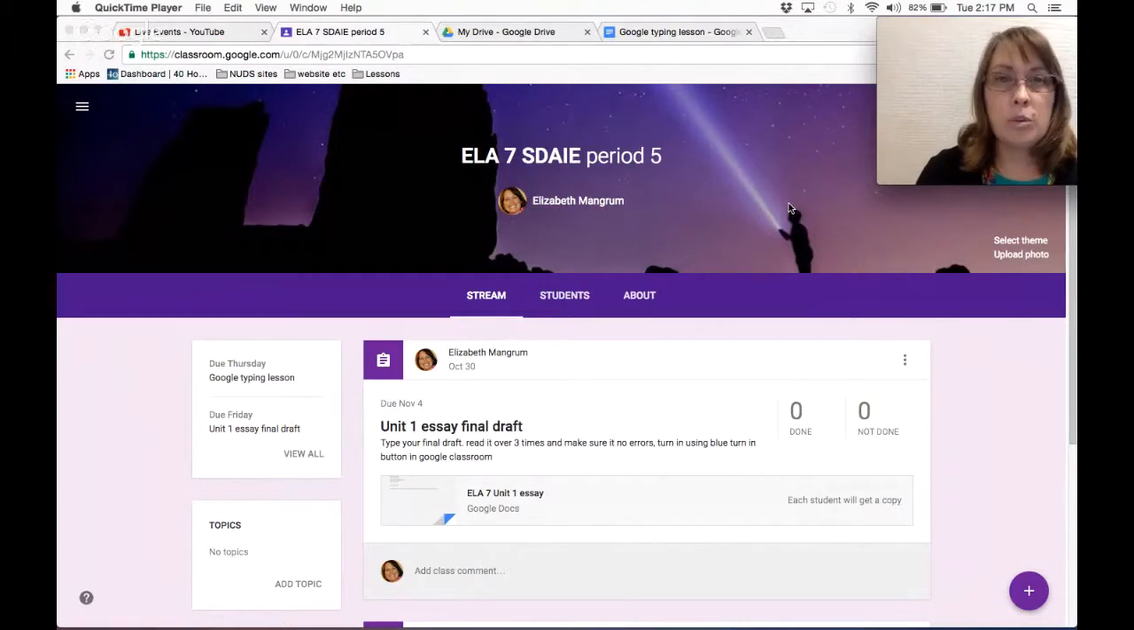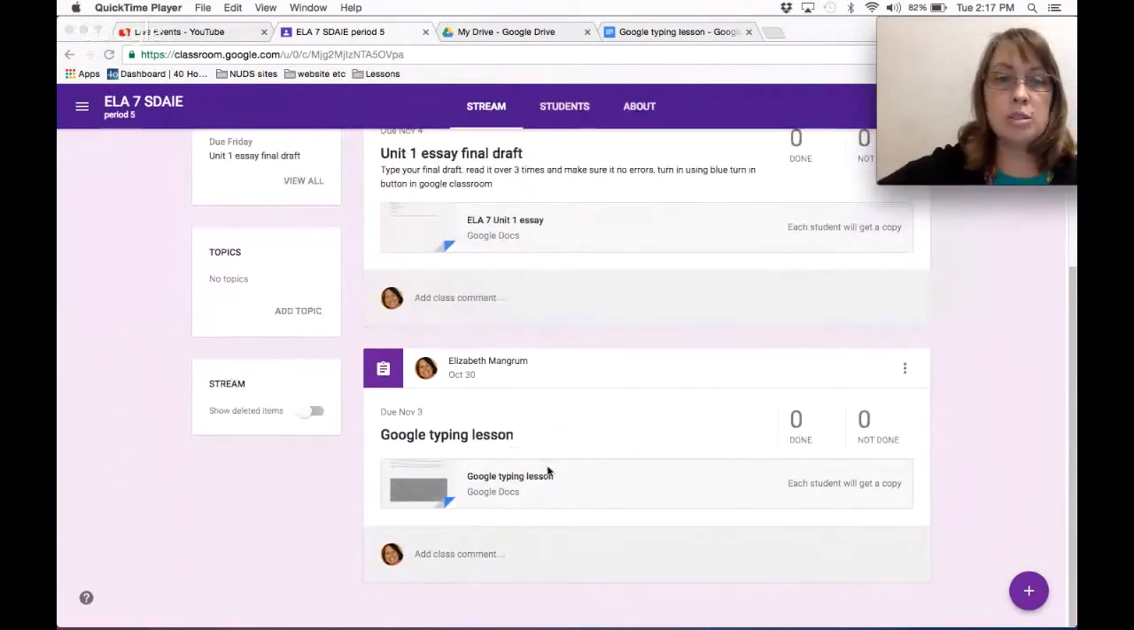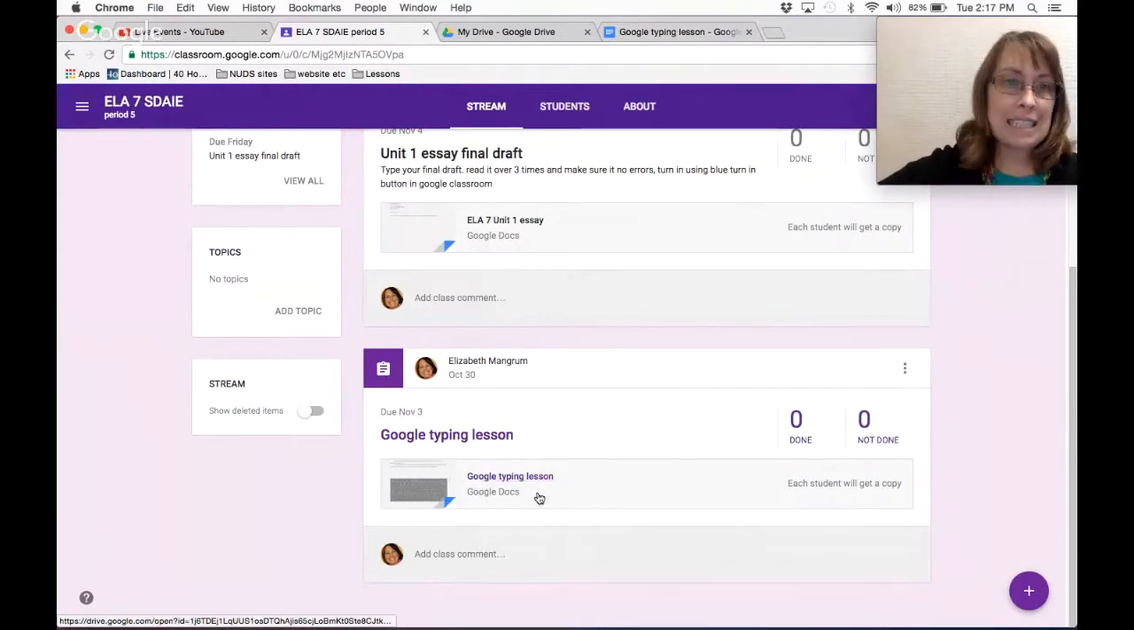The first thing we're doing is going to your Google Classroom, which your teacher or myself has already set up for you. And you want to find the assignment called Google Typing Lesson. You do not need to click on the name of the assignment. You click on the gray box. That's the link to the Google document. So for example, up here you can see that that's a link. And the Google Typing Lesson also has a link. So click on that link